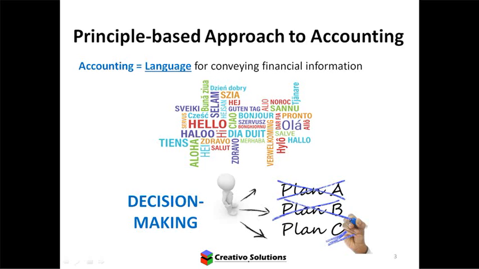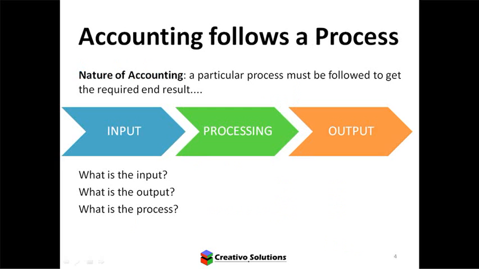We're trying to learn about the principles, because principles are universal. And we know those universal principles or rules will always be implemented. So if we understand those rules, we'll know how to deal with certain situations, and that helps with the decision-making process. We've got a diagram here with input, processing, and output. In terms of the nature of accounting, we spoke about accounting being based on certain fundamental principles. So we know that things need to be understood, they have to be familiar, there has to be some sort of standard way of achieving the end result, which in this case is the set of financial statements.